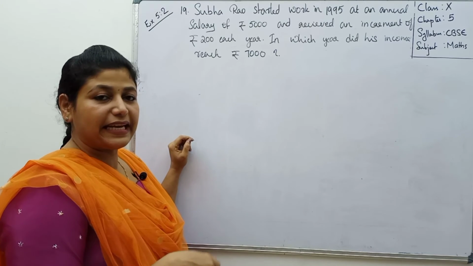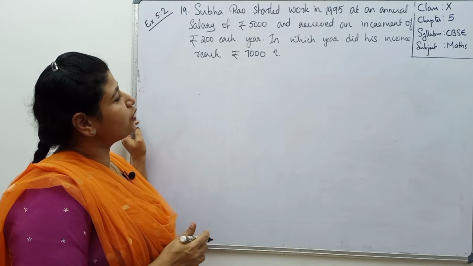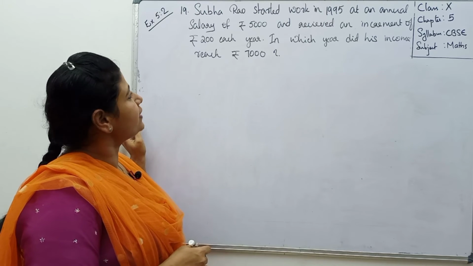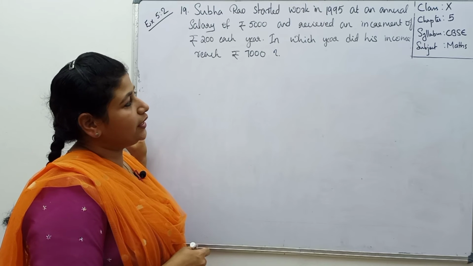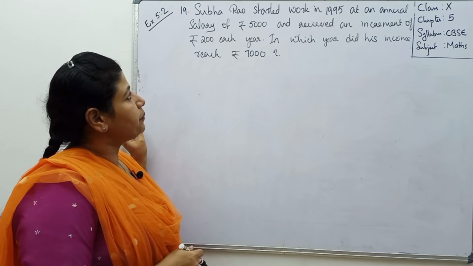Okay. 19th question. Shubha Rao started work in 1995 at an annual salary of rupees 5,000 and received an increment of rupees 200 each year. In which year did his income reach rupees 7,000? Okay. അപ്പം